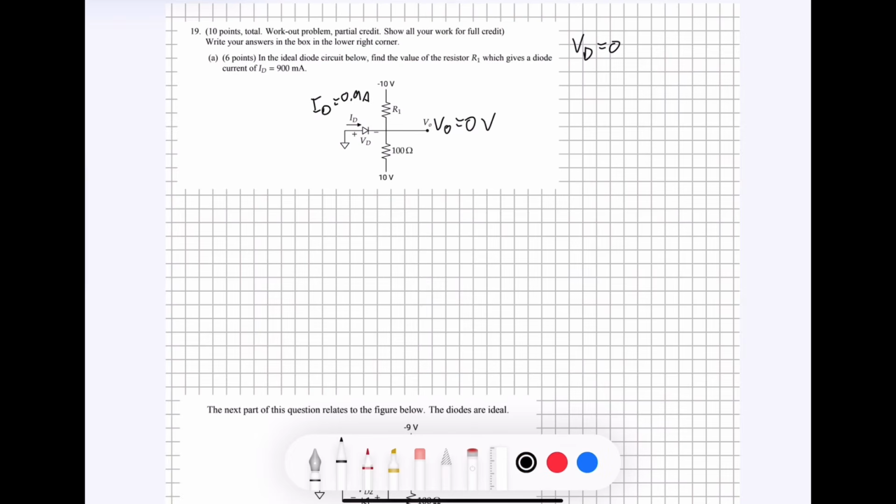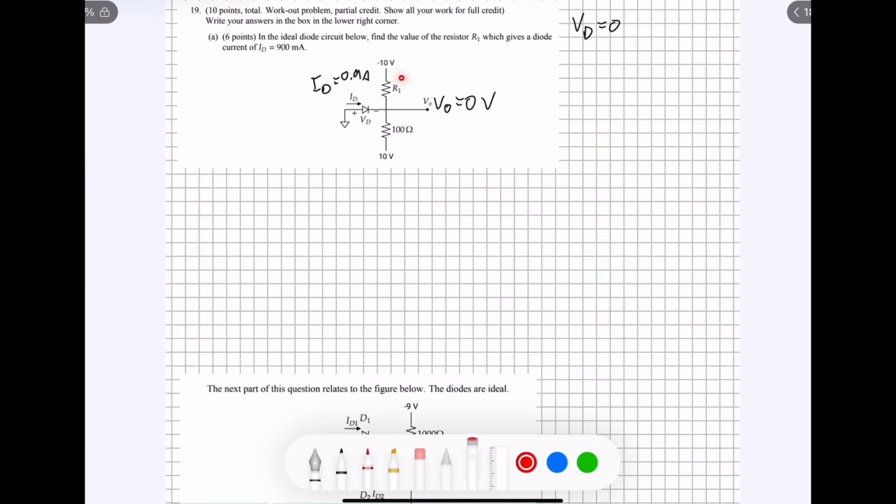Next, because we ultimately want to solve for this resistor here, we can solve for the current coming in from this resistor, since we already know the current coming in from the diode, and that will give us the current across here, and then we can use Ohm's law to solve for the resistor. So in order to find the current going across this lower resistor right here,